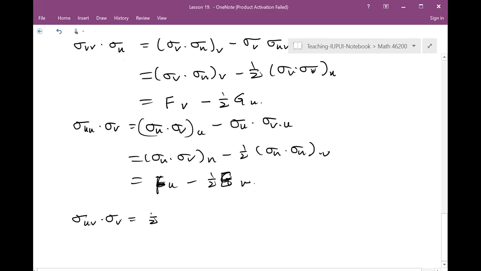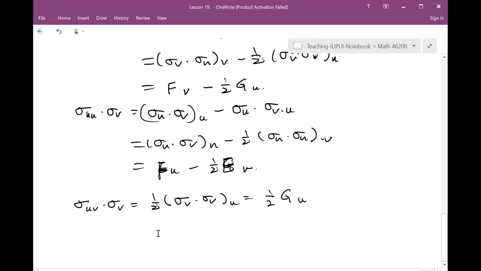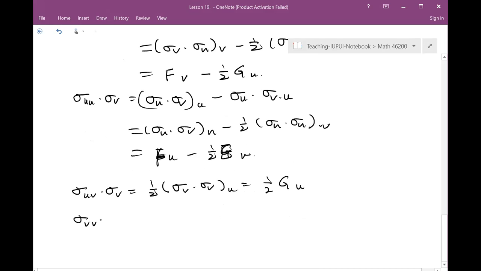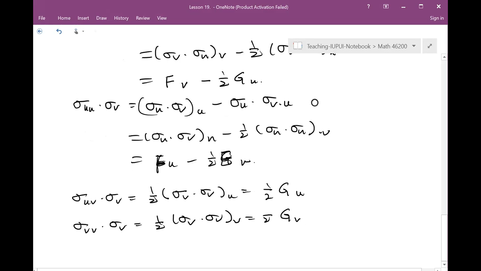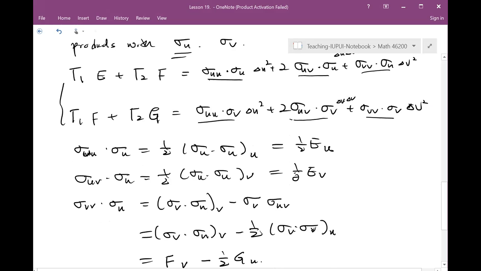This is just half of sigma V dot sigma V U, so this is half of GU. And the last one is half of sigma V dot sigma V, so it's half of G. That's it. So all the coefficients on the right hand side are expressed in terms of